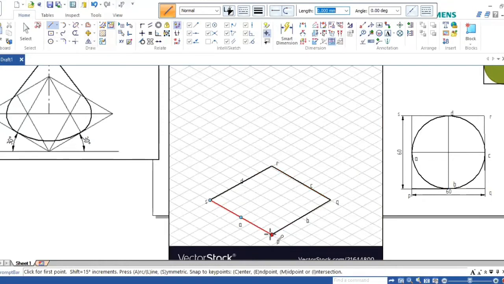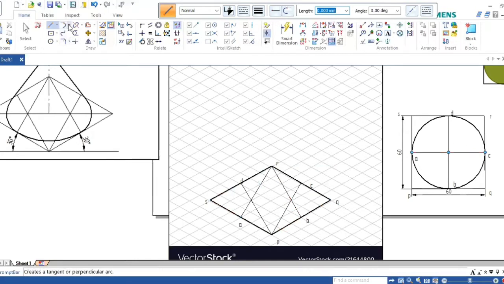To construct the ellipse, join P to the midpoint of the opposite side C, then P to the midpoint of the opposite side D. From the other end R, join to A, the midpoint of the opposite side, and R to B. These lines intersect at particular points.